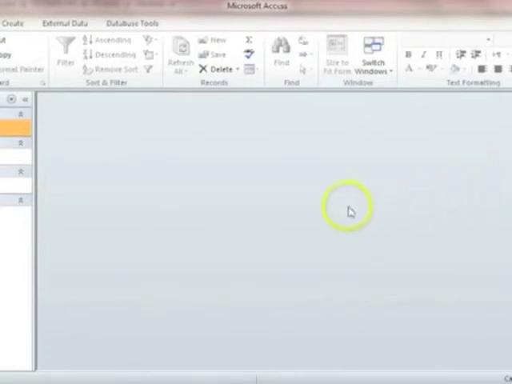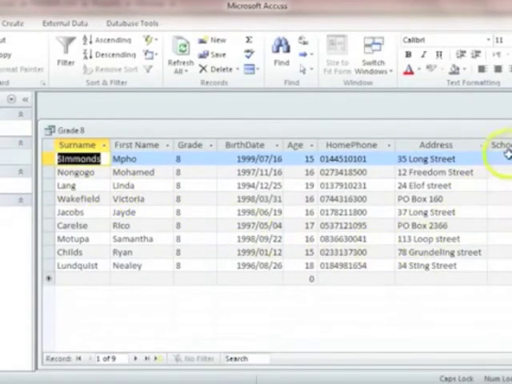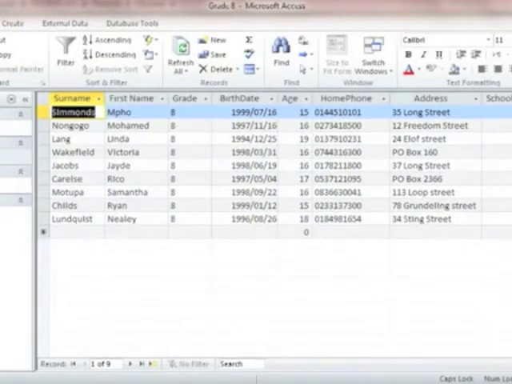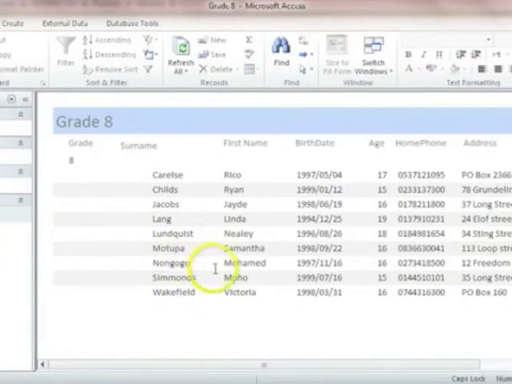Output. What information do I want to get out of the database? Remember, the purpose of a database is to extract certain information to answer specific questions. You can do that by creating queries. So you need to make sure that you have the questions and ensure that there are criteria that you need to set on the query to display only the necessary information. Reports would display either what is in the table or the questions that have been answered in the query.